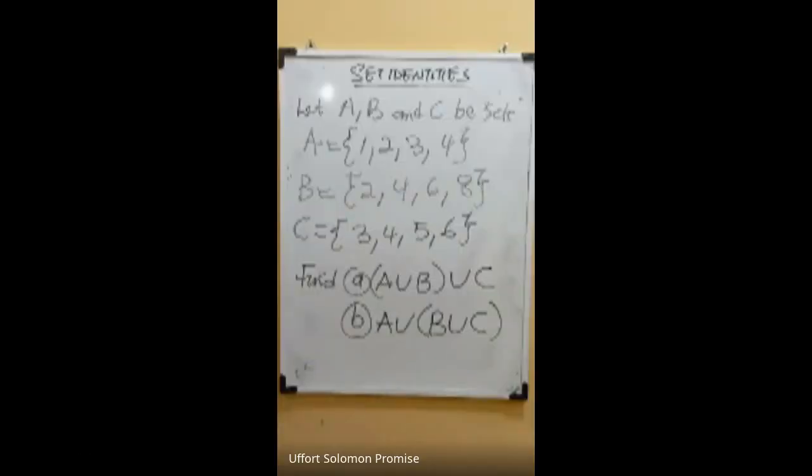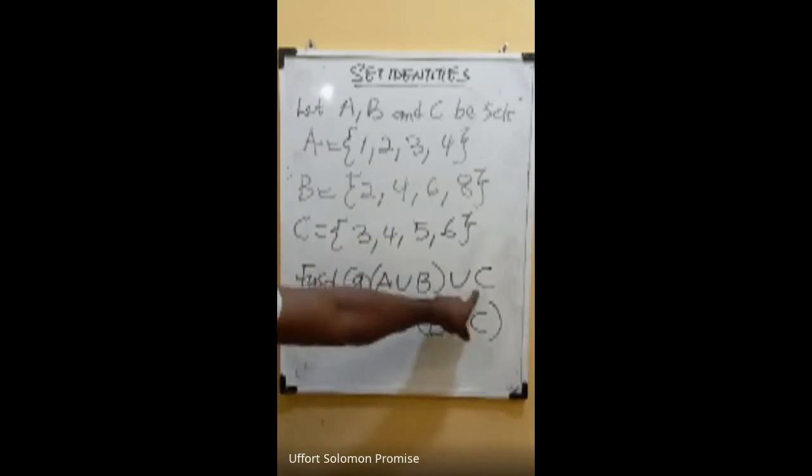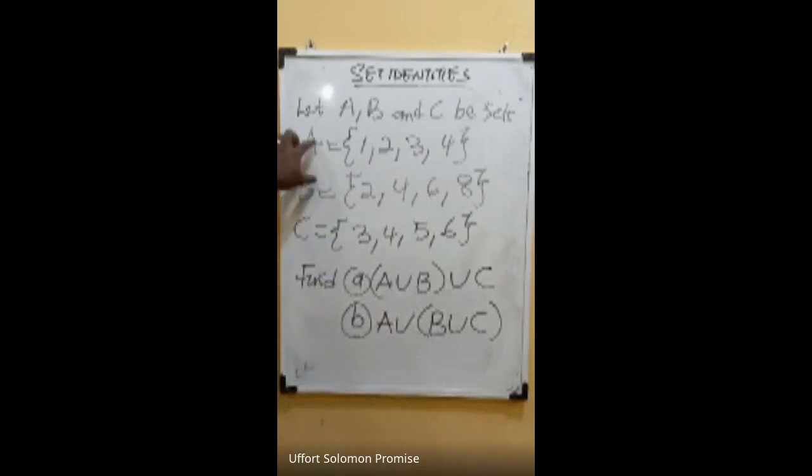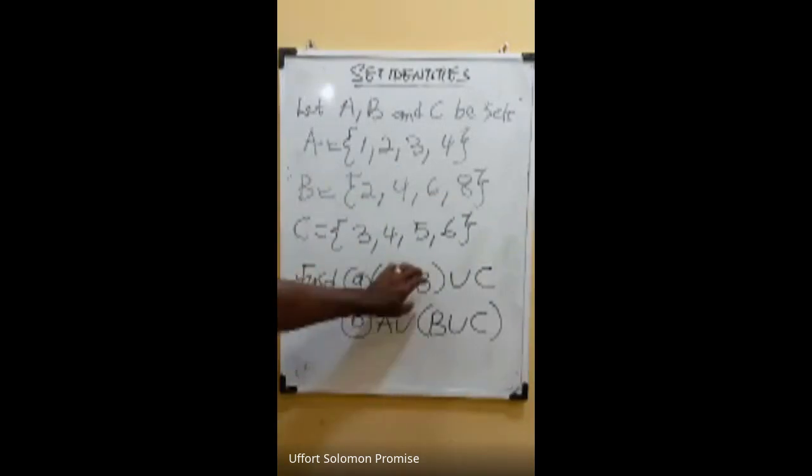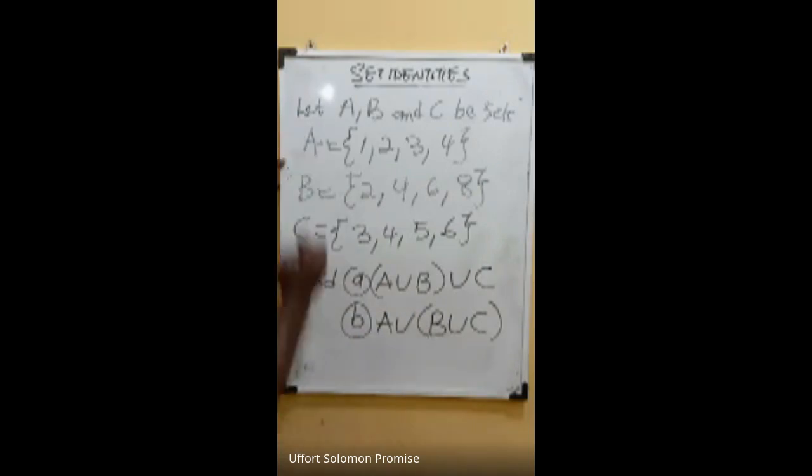This is how I'm going to explain this one. I may not even write, let me just explain. What this means is that first take care of the first union and unite it with this other one. So this means the union of A and B, which is 1, 2, 3, 4, 6, 8. That is A union B. You take care of it. After taking care of it, let us solve it now. So A union B